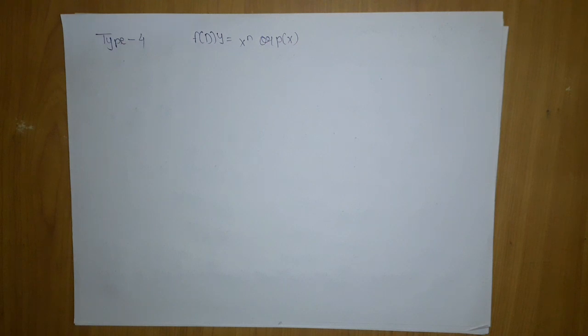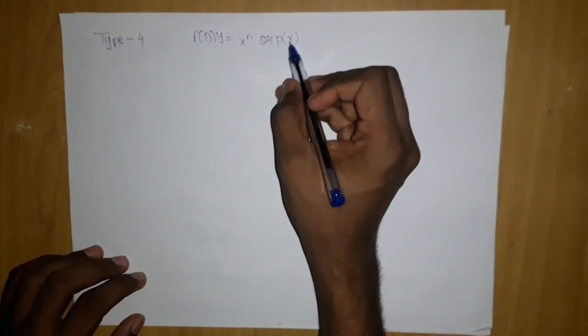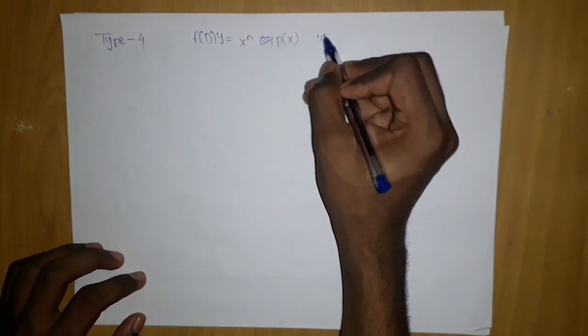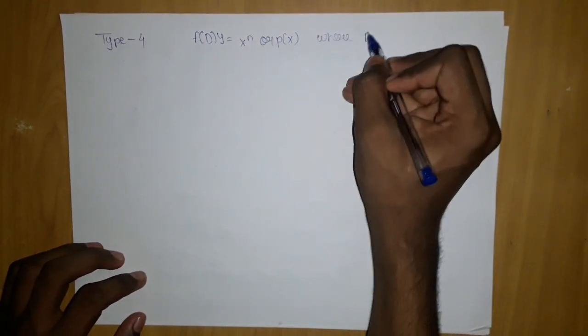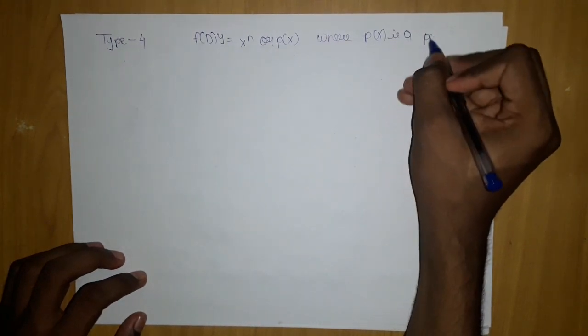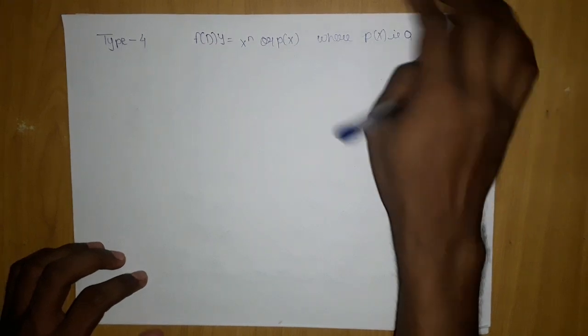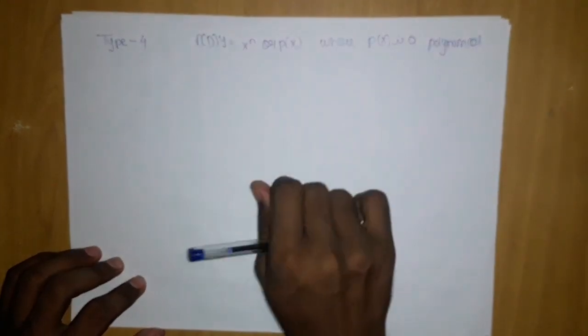Now in the type 4 we are going to use Maclaurin series and try to create 1 plus x format in the denominator. What I am saying is going to bounce for now, but let's understand the theory a little bit. So this is your basic structure where p of x is a polynomial. Keep this in mind that p of x is a polynomial.